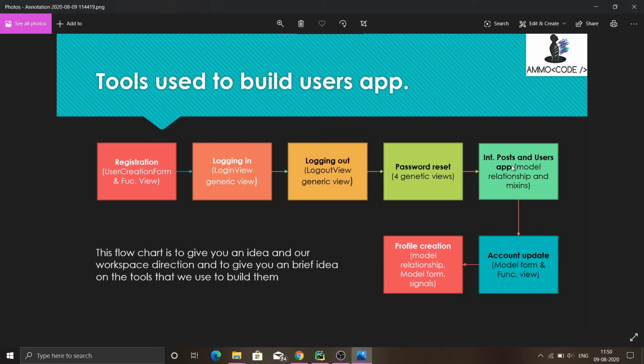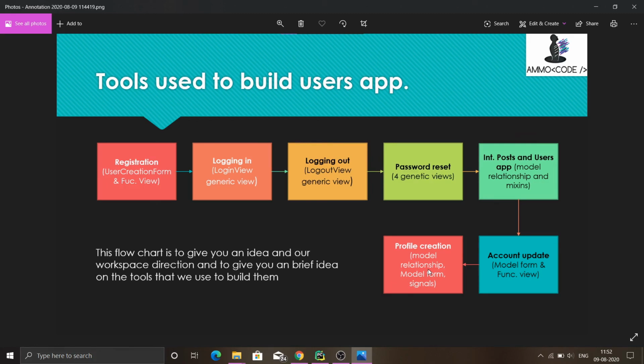We are also going to provide users a functionality to update their account, using model forms and function views. We are going to create a profile for every user so that they can upload their profile photo, and we will show their profile photo in the front end.